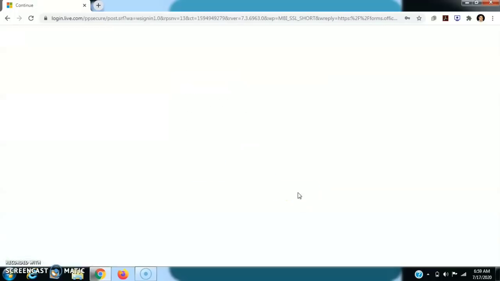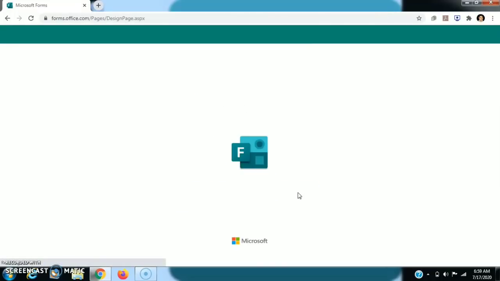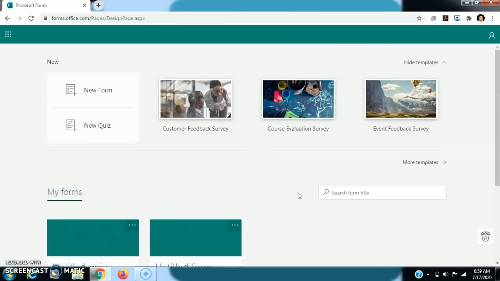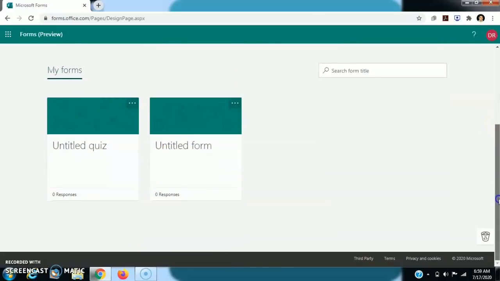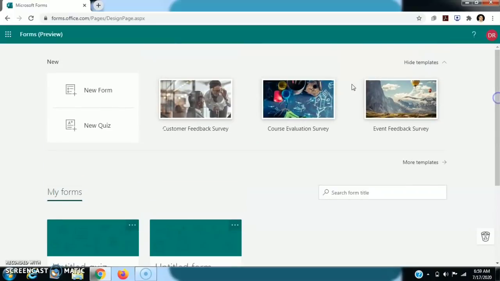Then I click on sign in. So this is the home interface of our Microsoft Forms. We can create a new form and a new quiz from here.